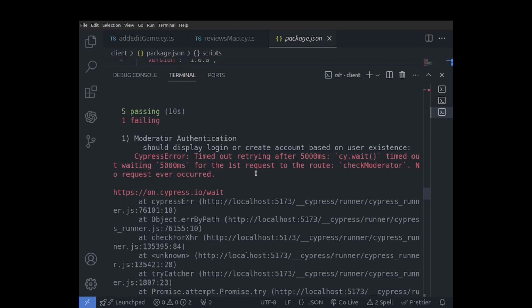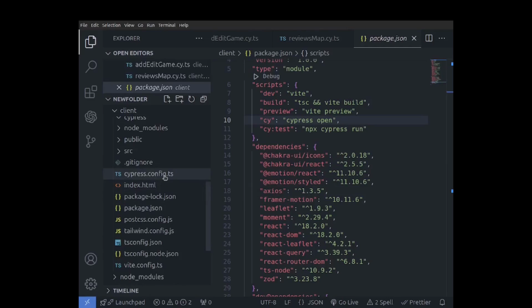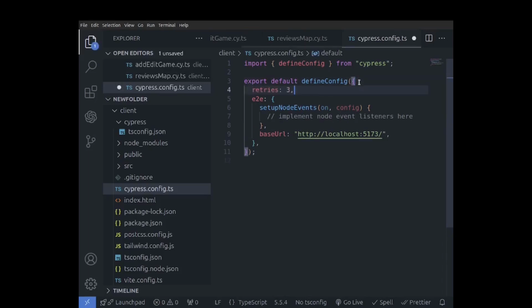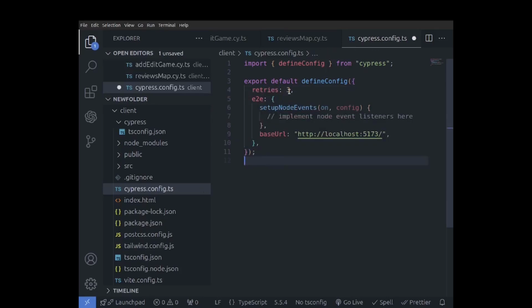That's why you are seeing that there are some timeout errors. So what you can do here is, in your client project, you will find a Cypress config file, and you can add an option. The option is basically retries. In the config, at the top, you will find a retries property where you can add